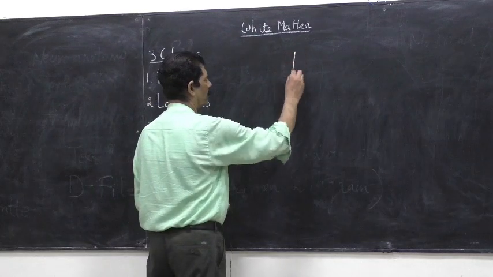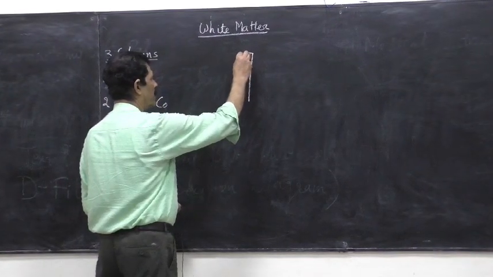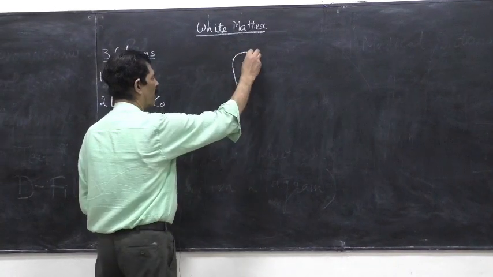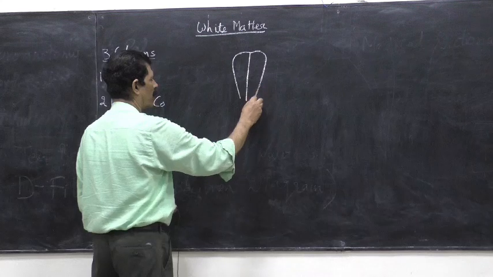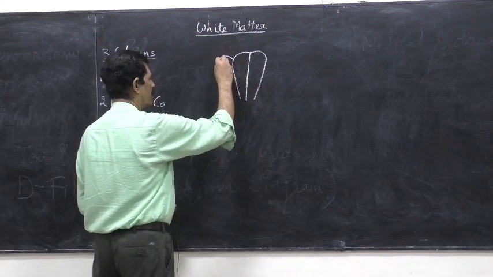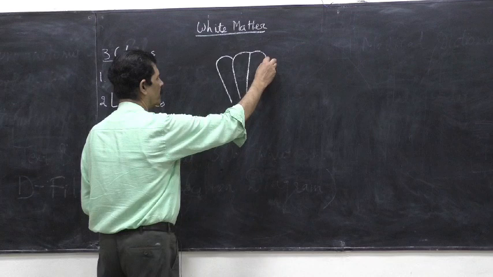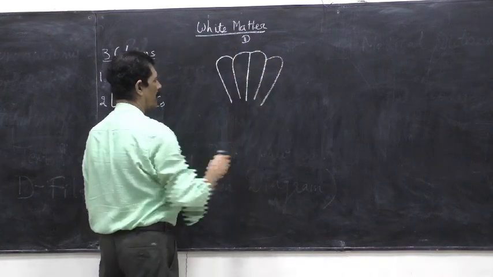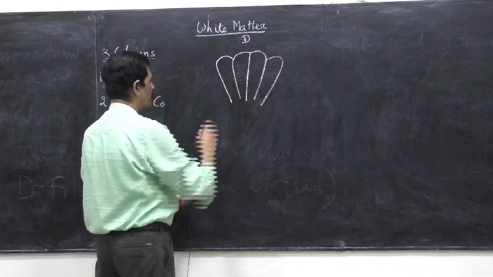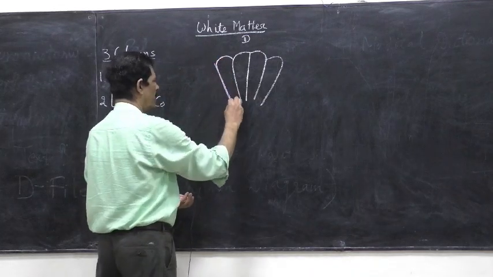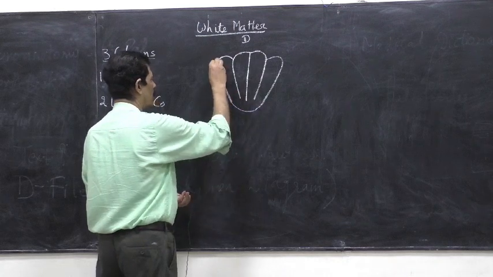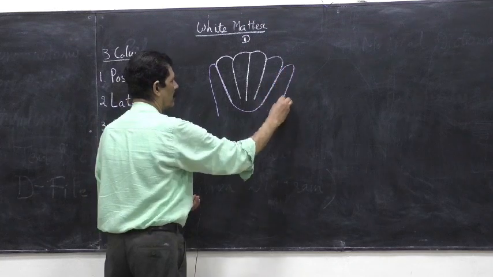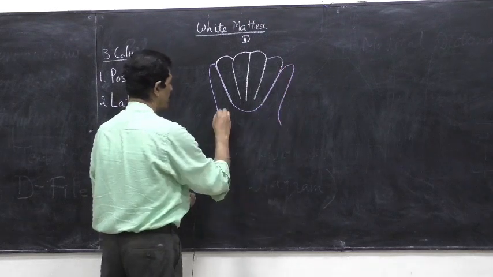So this is how to make the diagram of the spinal cord. First you make the straight line, and on either side of it another 2 lines, then the third line. So this is the dorsal or the posterior end. Then you have to make the posterior horn, which is conical with the apex and the base.